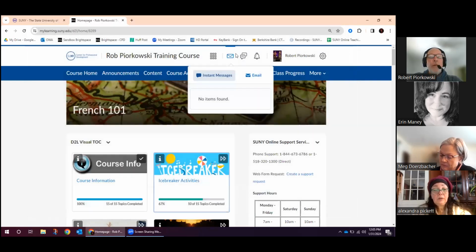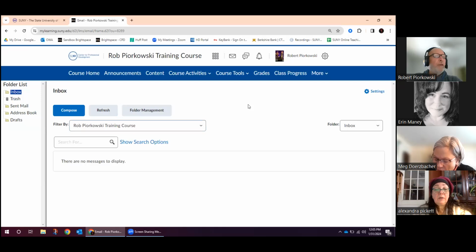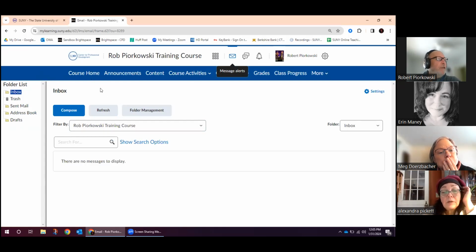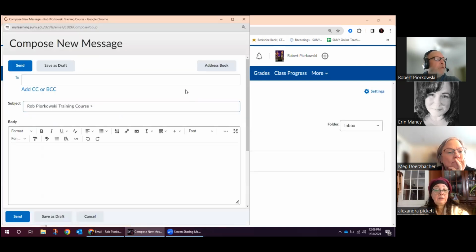There is also an email system inside of Brightspace that is also fairly transparent. As you can see here, if I again click on the envelope icon and choose email, what I have on the left are my folders, a pretty standard set of folders. I can create new folders if I'd like. And if I want to compose a message, I can easily compose a message here to any one of my students. And so I do have an address book here